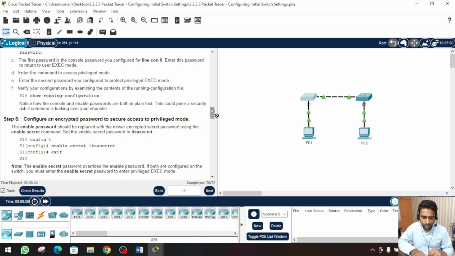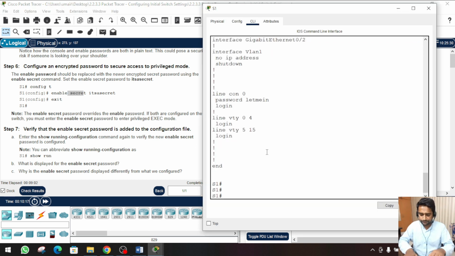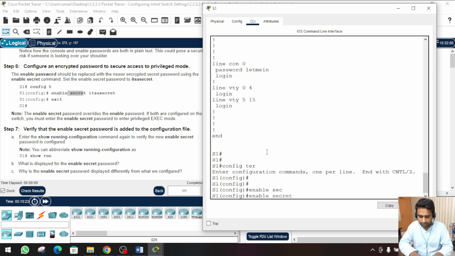Okay, the next step, number 6, encrypt the password to secure the access. For this purpose we first set up the enable password. Now the enable secret is used to secure the secret password, so this is an encrypted password. Go to the switch, configure terminal, enable secret, the password,